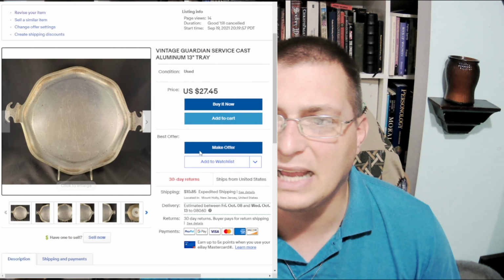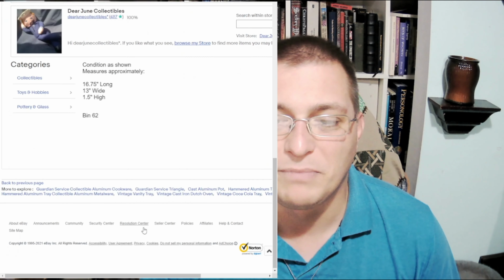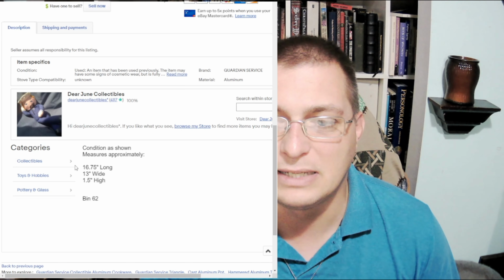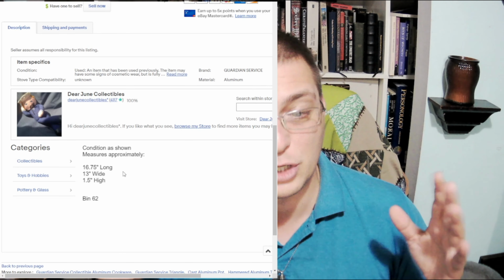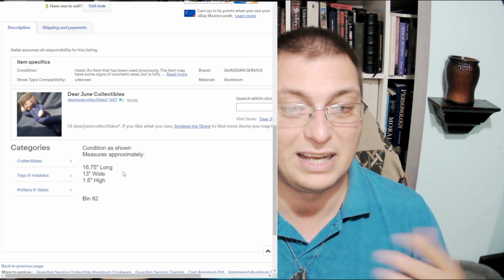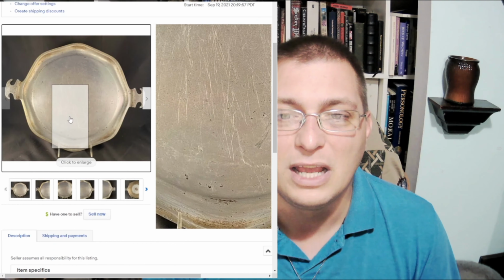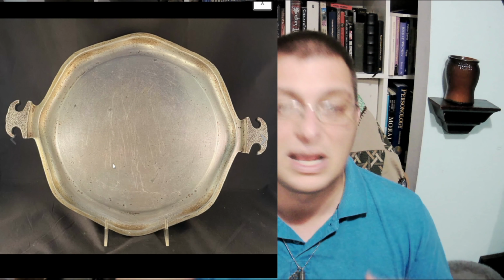And I have this one up for $27.45. Of course, you can always talk to me about price and whatnot. It is 16 and a quarter and 3/4 inch long, 13 inches wide, and an inch and a half high. So this one you can actually utilize for not only your crystal grids, but